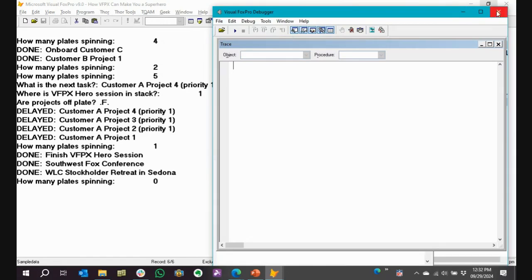Rick? Yes. Where's the one that tells you how many are in the delayed stack? Well, actually, what I probably should have done is create a second stack, create another object, and push those on, right? That's the kind of thing. You can have as many stacks as you want, as many queues as you want. And that's the kind of cool stuff that is on VFPX, that if you don't go through the list, you won't necessarily know about them.